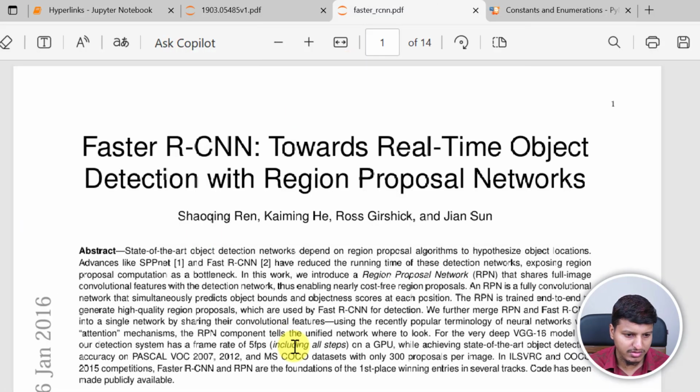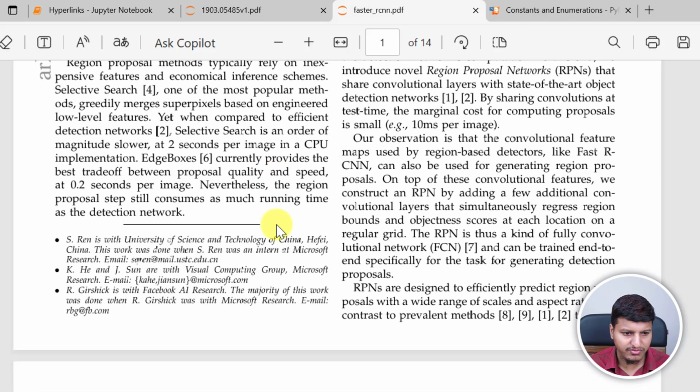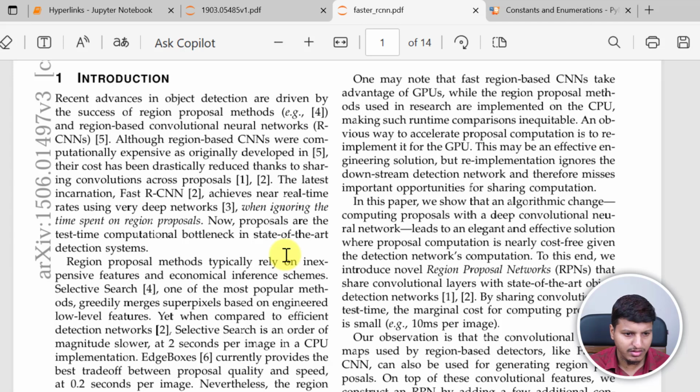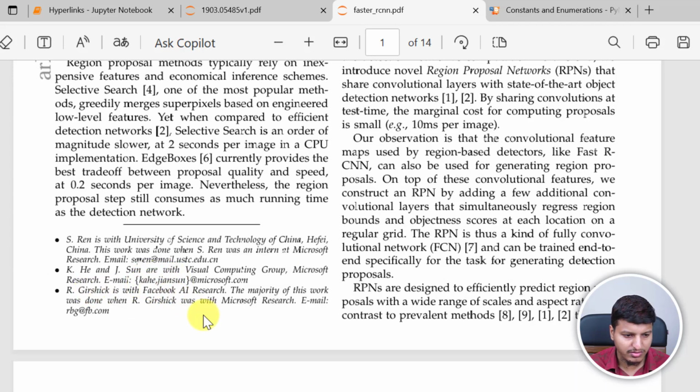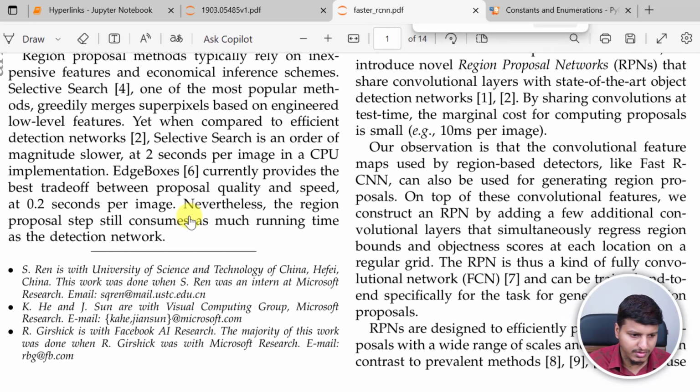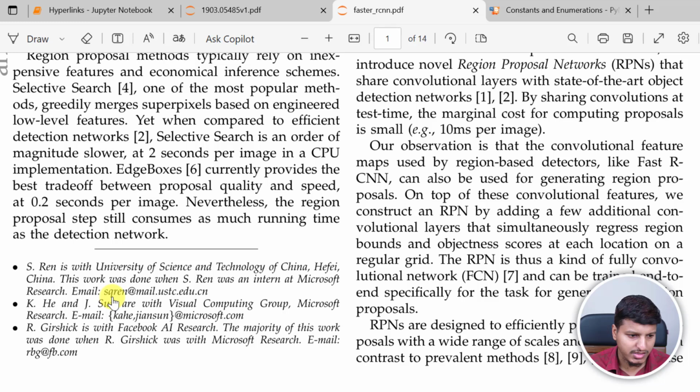But if I go into this, you will see that I have some links on this particular page, especially this one. It says rbz@fv.com, that's an email address, right? And this one is also another email address. So let me make it a little bit bigger. This one is another email address,